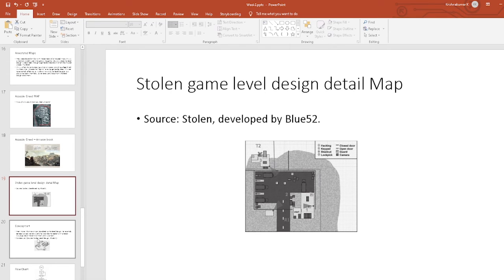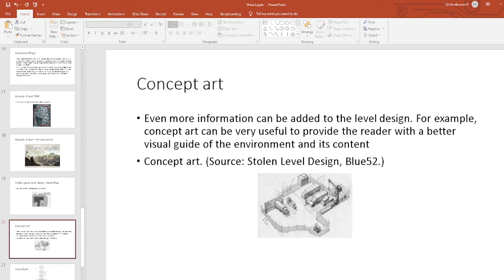Then if you see the concept art, this is the concept art for that particular level. There is even more information. This is an isometric view, so there will be more information depending on this particular art.